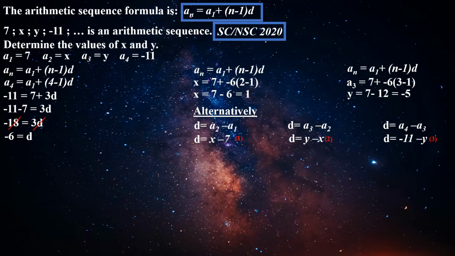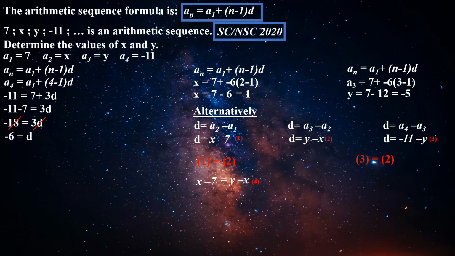Okay, so here we choose what you call a reference equation. I'm going to choose equation number 2 as the reference equation. So I'm going to say equation 1 is equal to equation 2, and equation 3 is equal to equation 2. After that, I'm going to obtain some new equations and solve those equations simultaneously. So let's look at equation 1 equals equation 2. We have x minus 7, which we equate to y minus x,